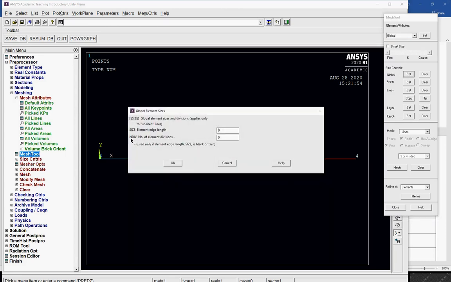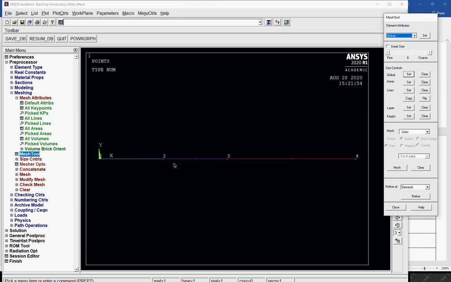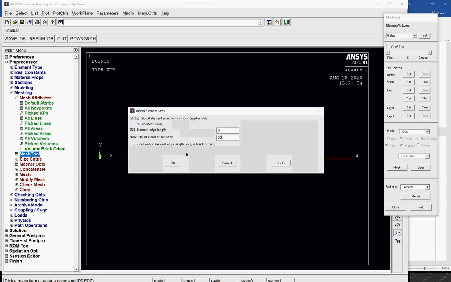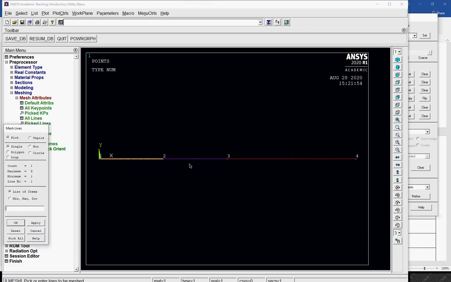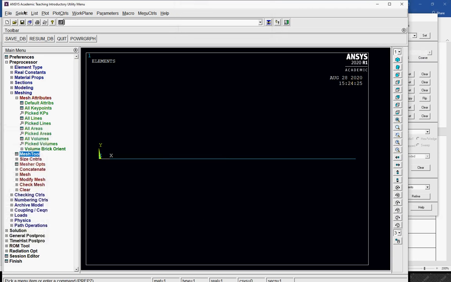Size control, global, number of divisions. I specify the number of divisions to be 30, so each line will have 30 divisions. Then click on mesh, select first, second, and third, and click OK. So now it has meshed the element.